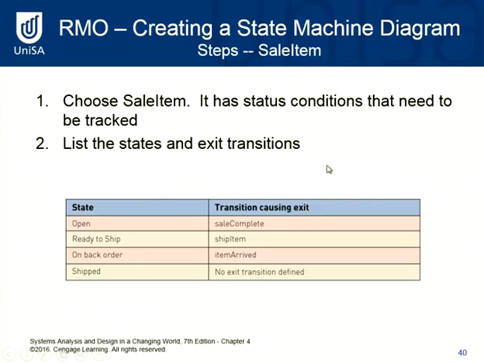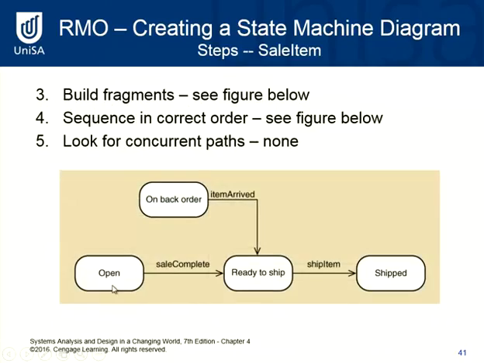So again, the following slides just really run through those particular steps in how to create a state machine diagram for a sale item in the RMO system. So we choose the item, sale item, we look at the particular states that item can have, and these are the transitions that are causing the exit from one state to another. If it's open, the sale is complete, then it moves into another state. So we've got open, ready to ship is another state. So we build the fragments, and it's really good to build these diagrams